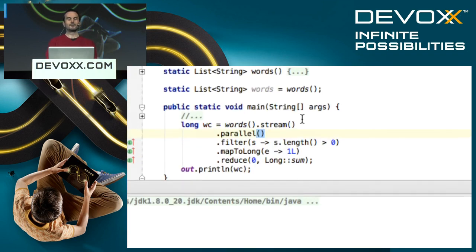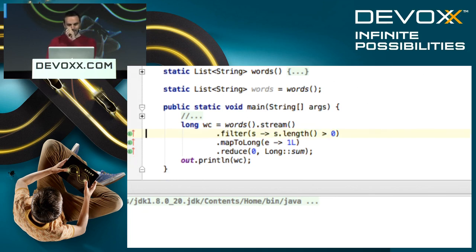Now the question is, does that go any faster? How many people think that might go faster? Okay, how many people think that might go slower? Okay, the slow guys are the winners. This probably will not go fast, and we'll get into the reasons why that is the case. So the lesson here is don't start sprinkling parallel around on every stream you do, because you might not get the performance boost. It's essentially an optimization.